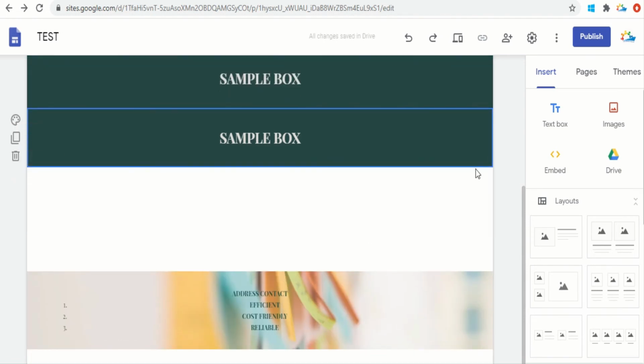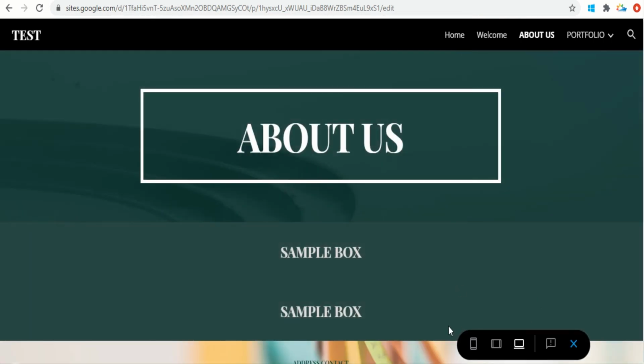So this is a perfect website that you can create by using Google Sites. Now let's see some of the options that are available on top of your screen. These two arrows actually mean that you can undo and redo the last action that you have performed. We have already discussed this preview option, but let me discuss it once again for the new users.